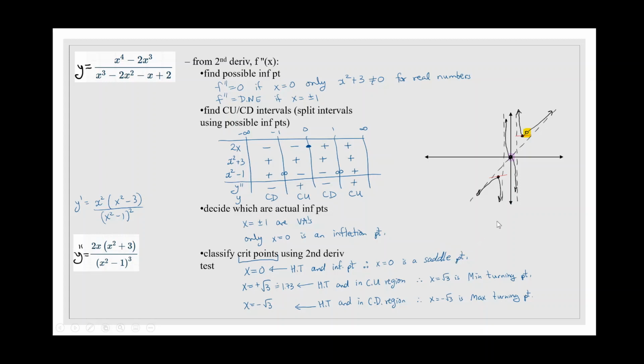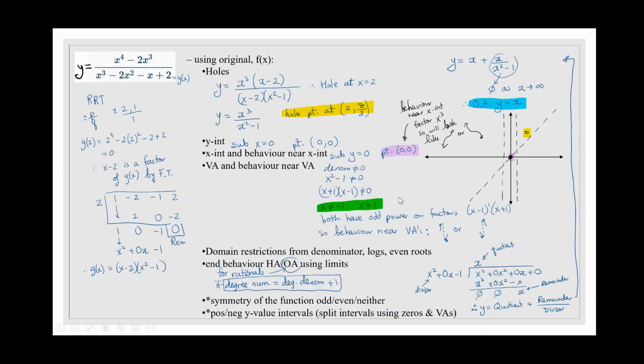Now, to tell you the truth, all of these steps could have been avoided. We could have done this from advanced functions. So let me just recap a little bit how you could have done that without calculus. I'll go back to the slide that we had previously. So let's say that's the only thing you were working with, just the original function, no derivatives taken, okay? Just a quick reminder, here we found a hole, we had found an x-intercept, we found the VAs and an oblique asymptote. So you could have drawn here the fact that we have a hole up here,